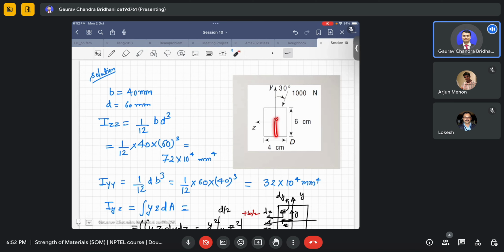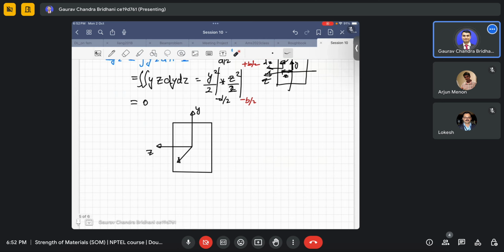If I extend like this, this angle should be 30. Yeah, this one will be 30. So here also this angle, I'll write as theta, and theta is 30